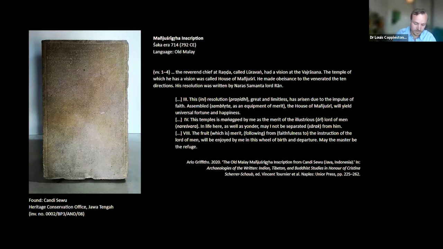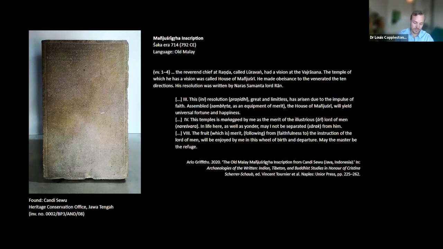This is a Manjushri Griha, which is seen, we're told, or seen in a vision, by a Javanese nobleman who was the chief at Randa. And as Arlo Griffiths, who recently retranslated this inscription, has shown, it's difficult to know what in particular is being referred to here, but it appears that the Javanese nobleman had undertaken a bodhisattva vow, the pranidhana, that's a vow to eventually attain enlightenment in however many lives, and that this related in some way to the